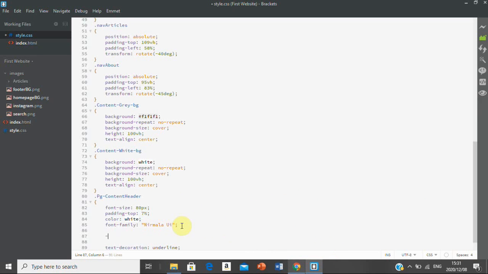Longhand will say -webkit-text-stroke-width. That's how you type width, I think. Let's give it 1 pixel. How big is our width? I should say it's 1 pixel. And then let's say